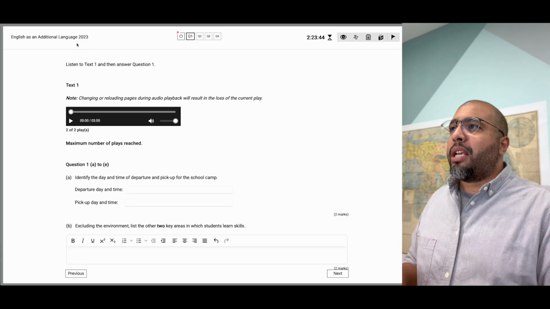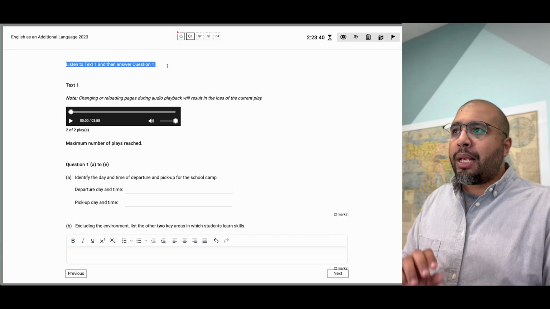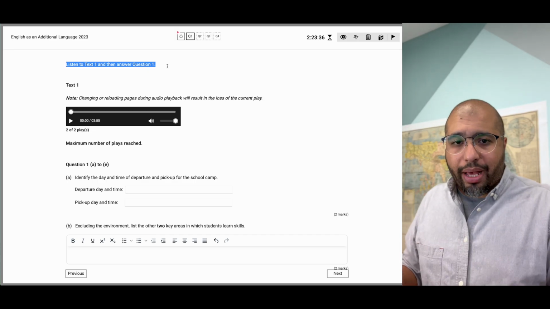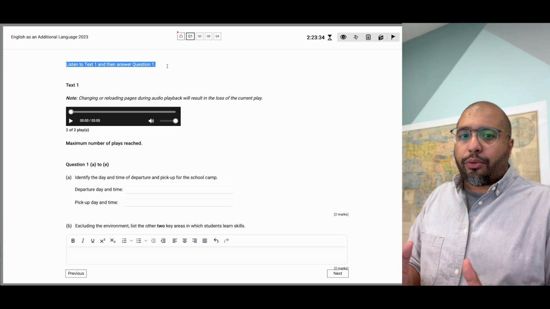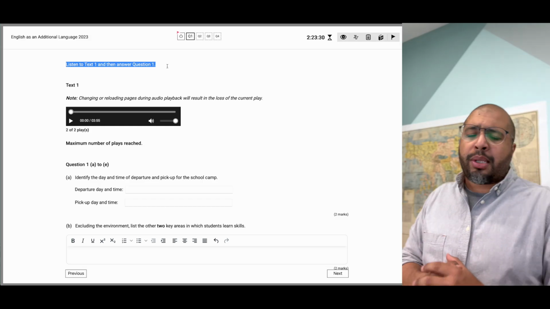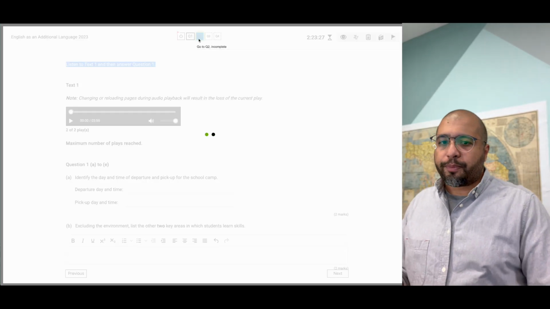And in this section here, when we see that we don't have any specific instructions requiring us to write in full sentences or in paragraphs, such a thing is not written. So you can use bullet points if you would like. You can answer using keywords. That's completely fine. However, when we go to question 2,